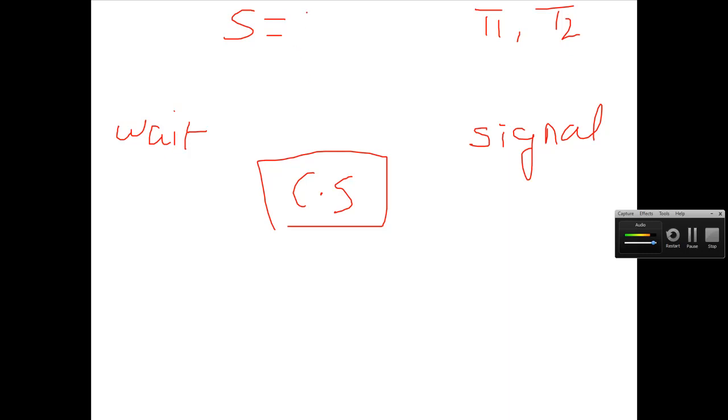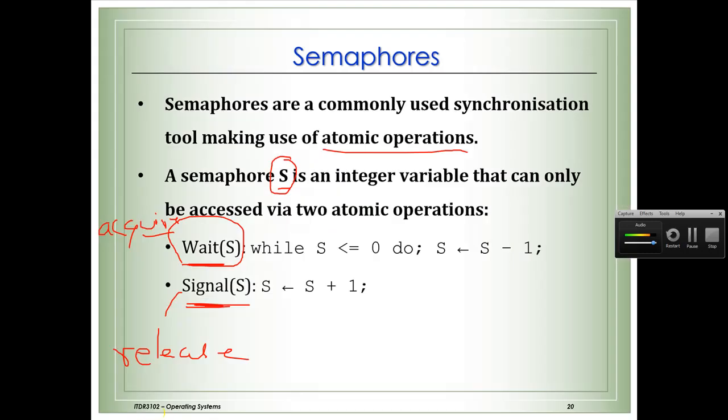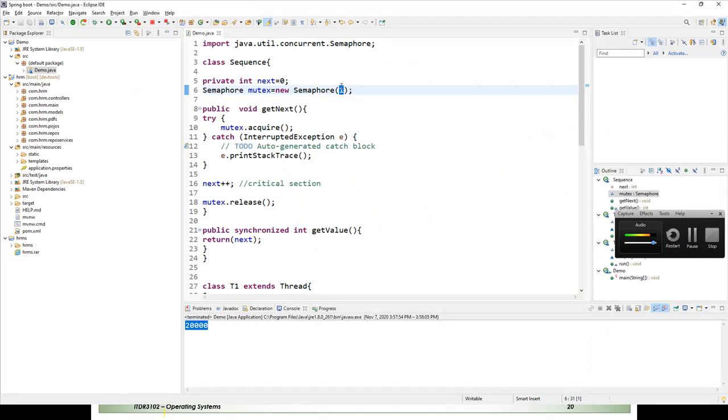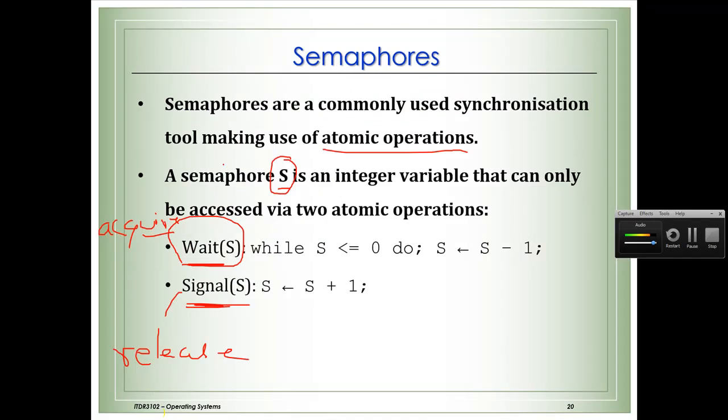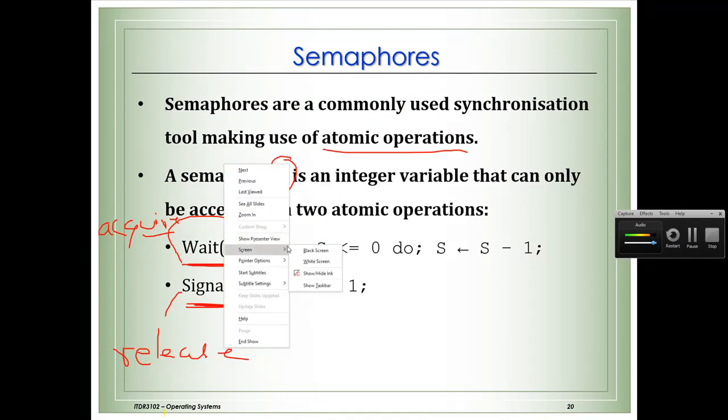If you want to implement mutual exclusion, the initial value of the semaphore variable should be 1. That is why we give the value 1 here.